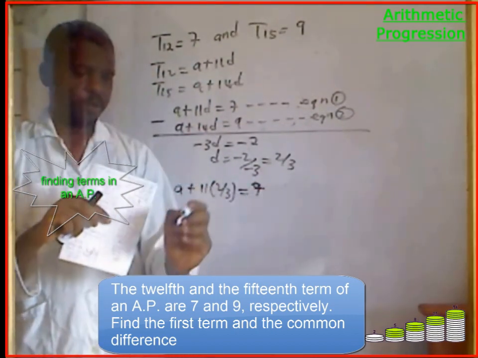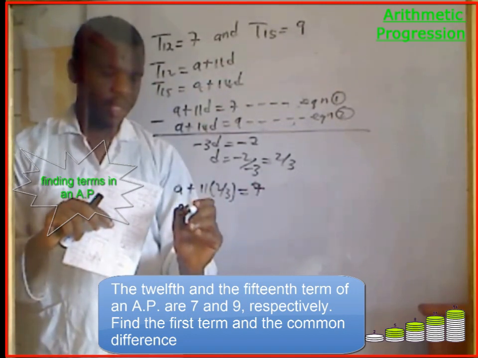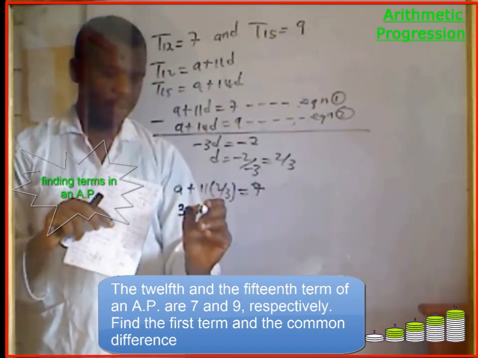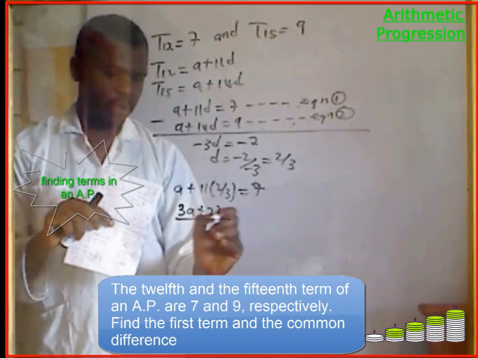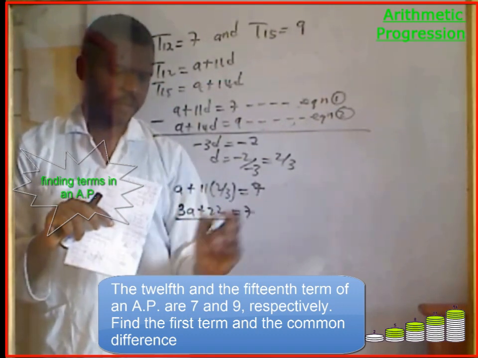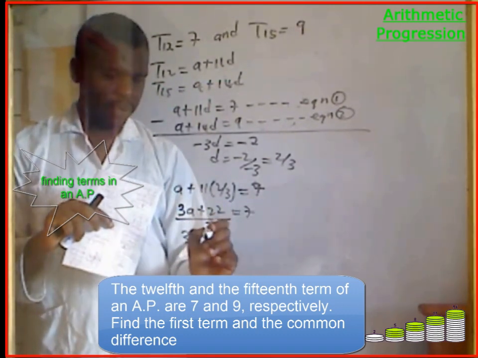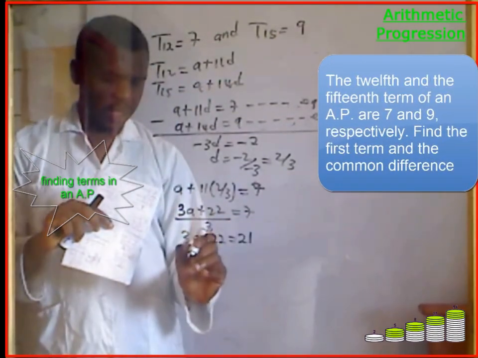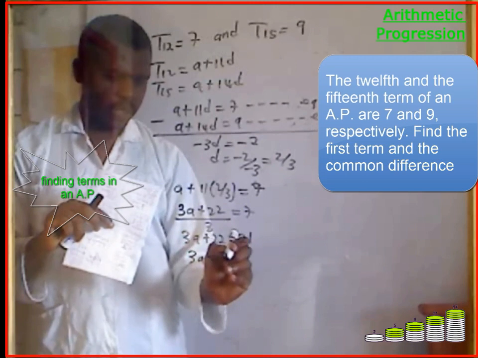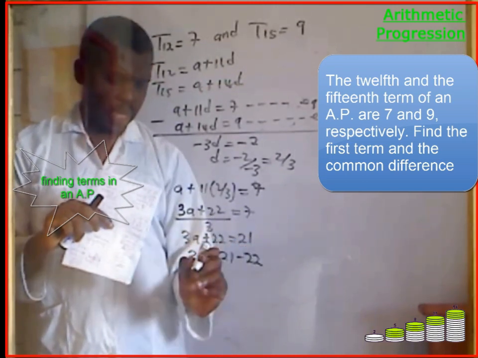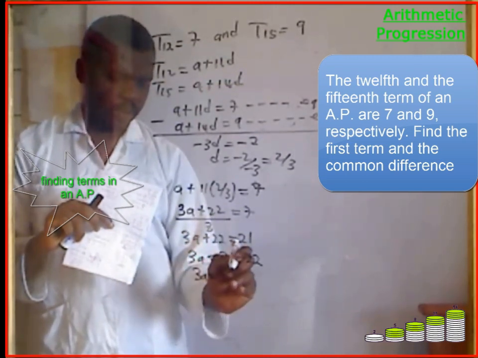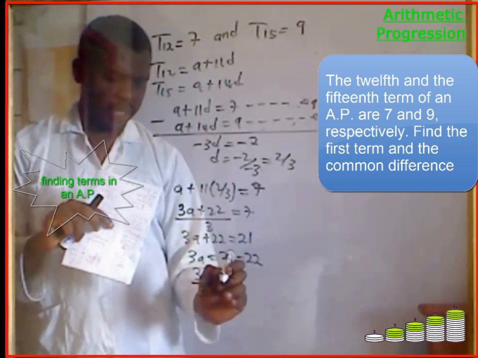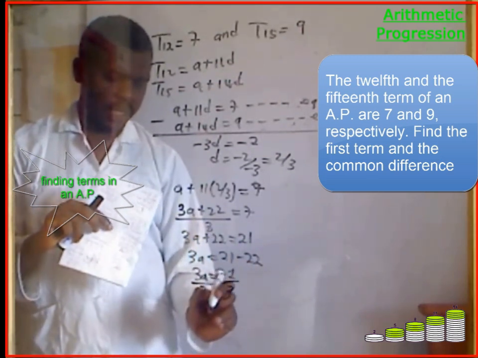Now cross multiply, this gives me 3A plus 22 all over 3 is equal to 7. 3A plus 22 is equal to 21. 3A is equal to 21 minus 22. 3A is equal to minus 1. Divide both sides by 3. I have A is equal to minus